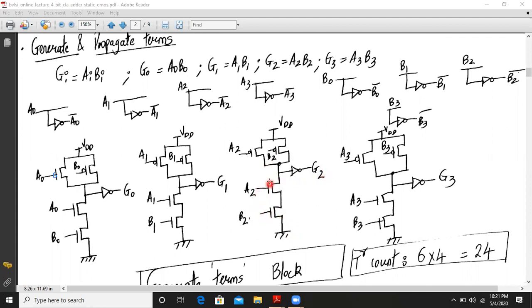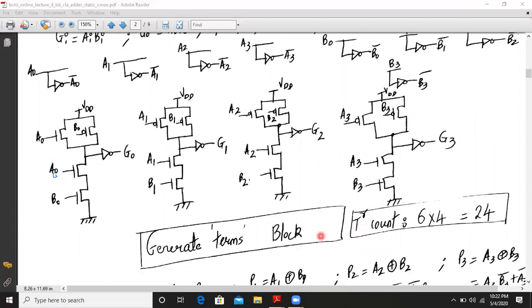So we have two transistors in series in the pull-down network and two transistors in parallel in the pull-up network with the inputs A2, B2, and the output is G2 bar. So you have to connect a CMOS inverter over here to make it G2. So similarly, you have to implement G3 also. So totally for a 1-bit implementation of the generate term, we require 1, 2, 3, 4, 5, 6 transistors.